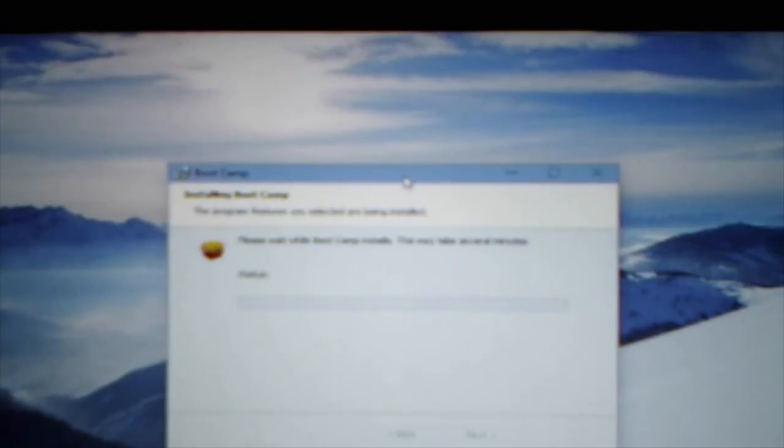It doesn't matter too much. You can select that to keep it open, and this part will take a little while, so I'll fast forward this section. Okay, then it says Boot Camp installer completed. Then you just hit Finish,